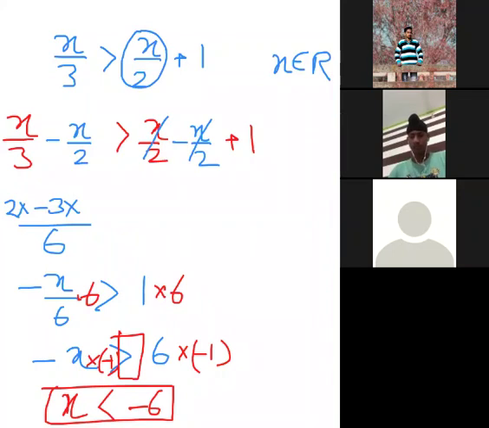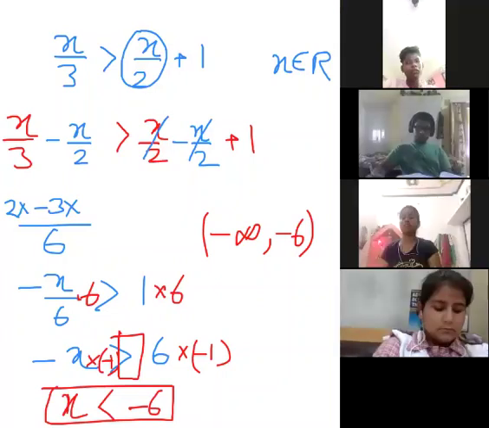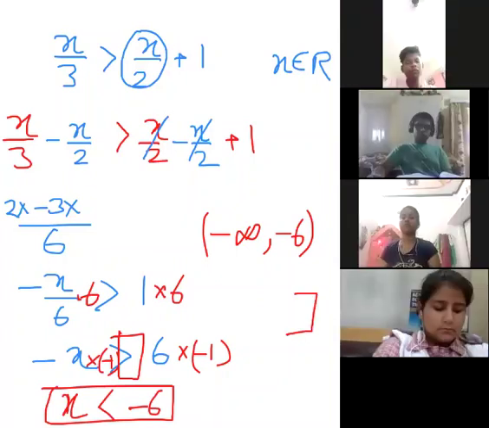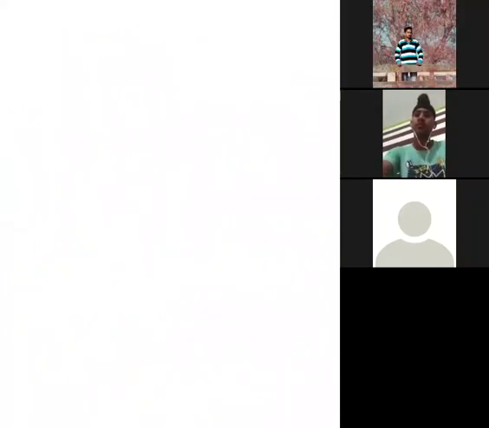So it becomes minus infinity to minus 6. We are able to see that minus 6 is excluded because only greater or only smaller symbol is there. If greater than or equals to or smaller than or equals to symbol will be there, in that case we will be writing with the square bracket. But right now they have not given us greater than or equals to or smaller than or equals to, so simply we'll do. Now two great things we need to remember.